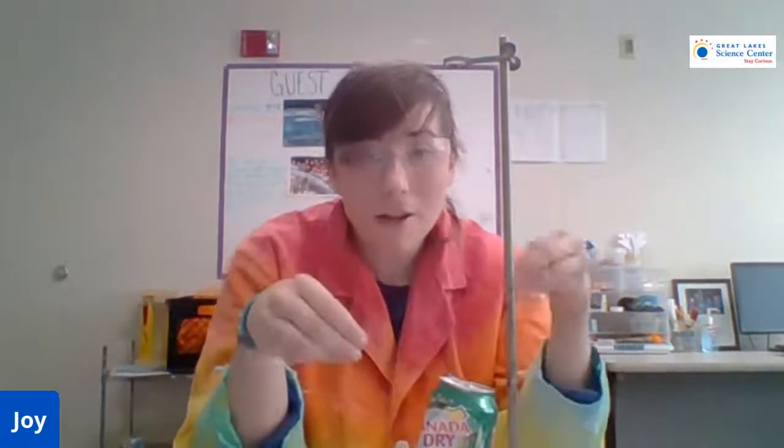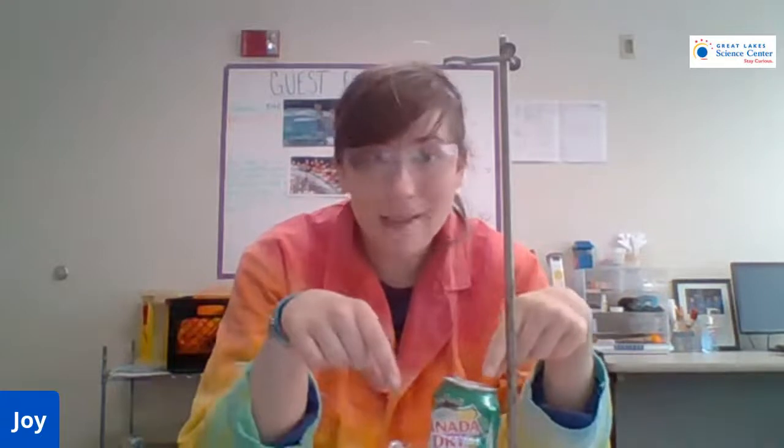Now, here's the thing. This is a sealed can. There's water inside of it, but I didn't open the top. So the steam has nowhere to go. Because what I did was I drained this can of pop into my sink last night. I made a big old mess, but you know, science. And I kept that hole that I used to drain the pop, and I made another hole to make 2 jets into my metal chamber. So when my heat source heats my water up into steam, the steam escapes through the jets,